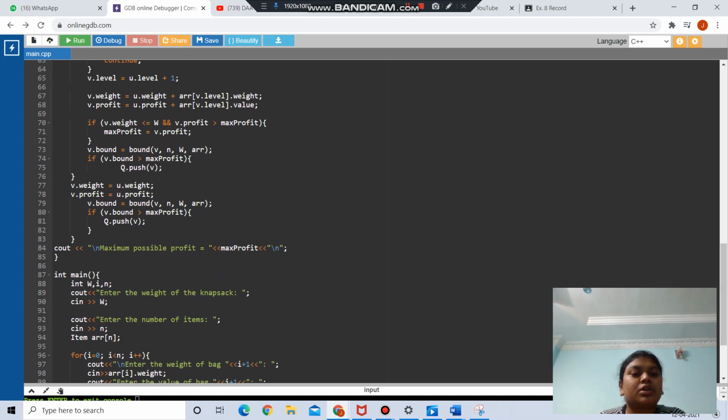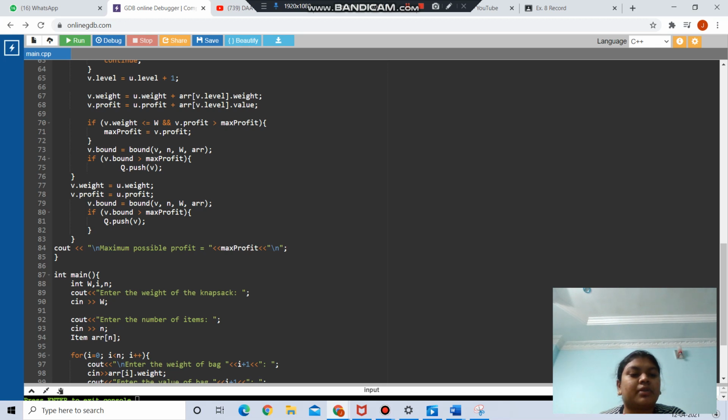if v.weight is less than or equal to W, and v.profit is greater than maximum profit, then maximum profit will be equal to v.profit. And here v.bound equal to bound of v, n, and W comma arr, then if v.bound is greater than max profit, then Q.push of v.